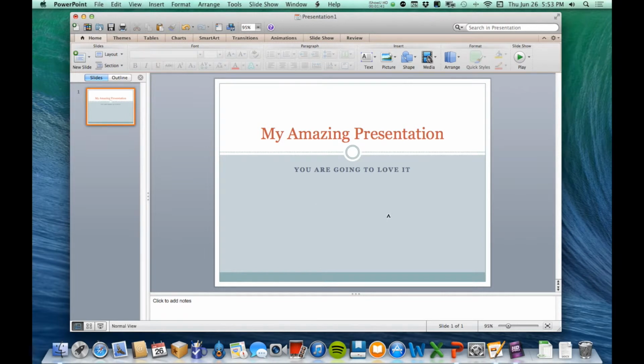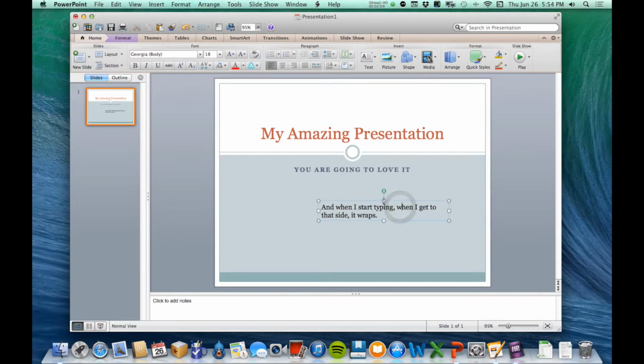Now, I'm going to click and I'm going to drag a box. And when I start typing, you'll see that the dimensions that I dragged it in, at least the width that I dragged it in, is going to be the width of the box. So when I get to that side, it wraps to the next line. Now let me show you what would happen